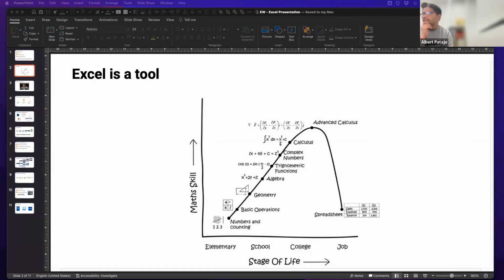The benchmark for me is if you can make pivot tables, you're probably already in the top 10% of Excel users. That's probably super basic, but a lot of people use it for very basic data entry and not for any sort of basic analytics. So if you can use that, that's where you are in your Excel journey.